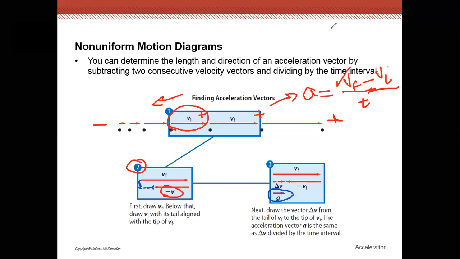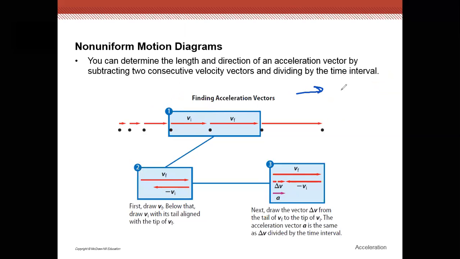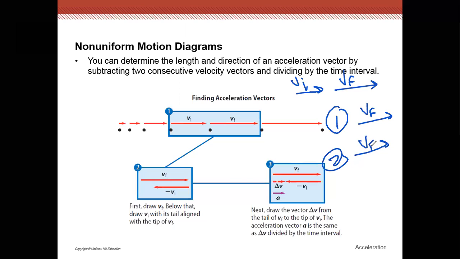Okay, so if I give you any two vectors, like this one and this one, and I say this is Vi and this one is Vf, how can you find the acceleration? By drawing. The first step, keep Vf the same. The second step, with Vf in the same direction, make Vi in the reverse direction. The third step, what is acceleration? Acceleration is the difference between them, these lines. So you write this one again, and here we have acceleration,